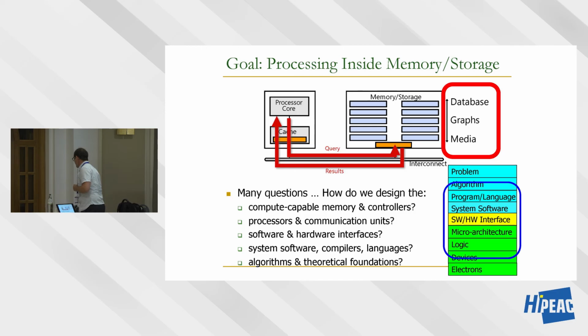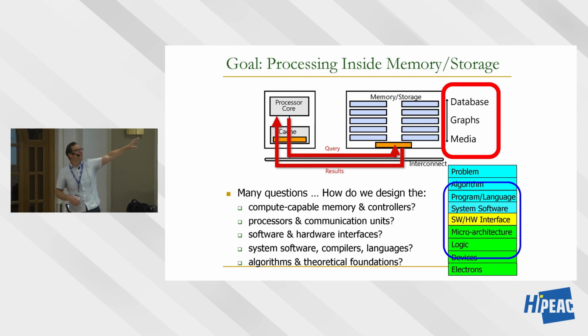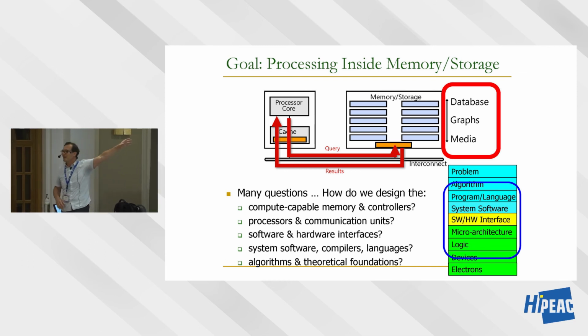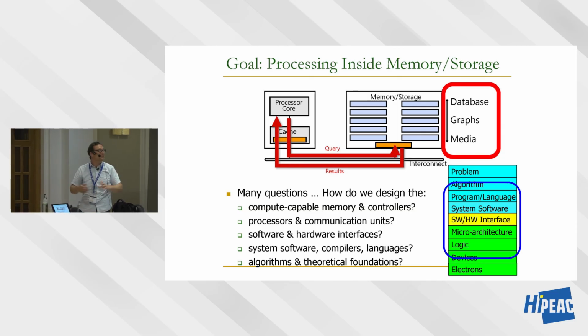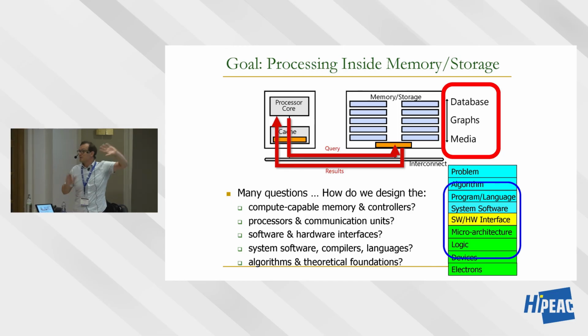There are many questions over here that we're going to cover. How do we design the memory controllers? How do we design the processor and communication units, given that this is the paradigm now, and the paradigm is not bringing everything to the processor? And when I say processor, I take a very general view of the processor. This could be a CPU, general purpose. This could be an FPGA. This could be a different accelerator, video accelerator, machine learning accelerator. This could be a GPU. Basically, for me, all of them are processors.